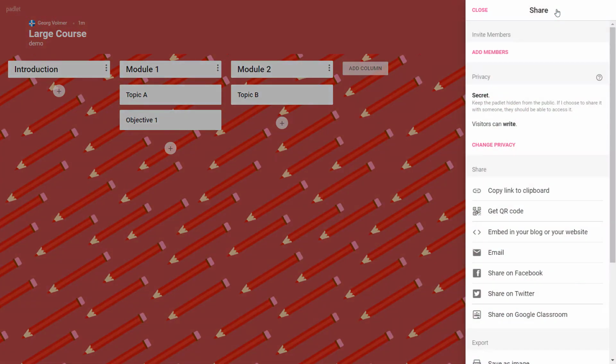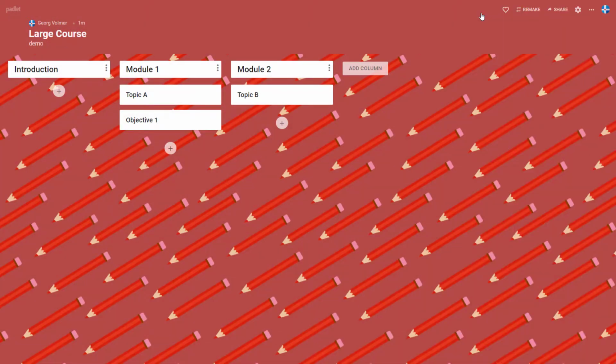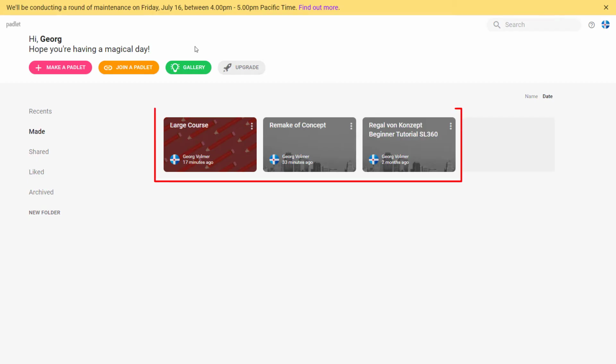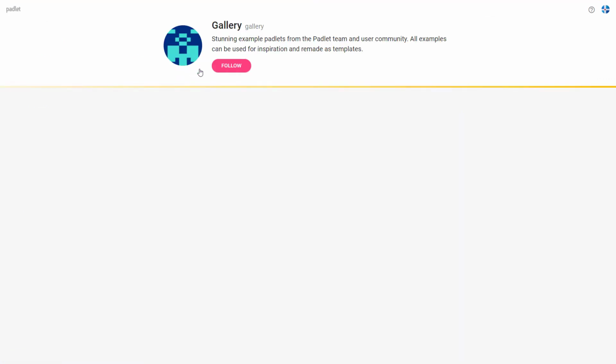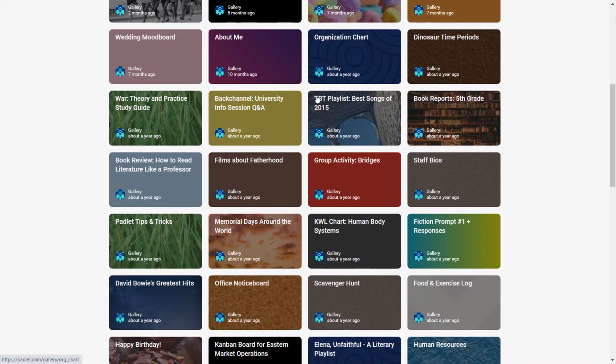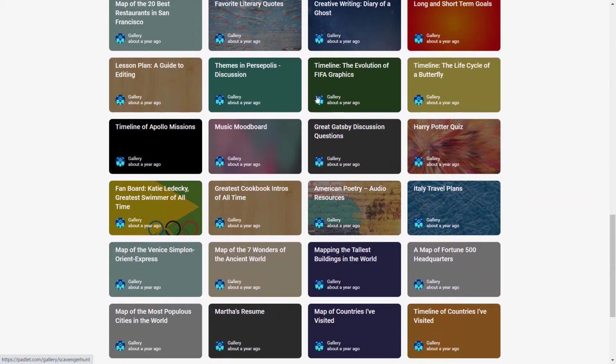Padlet lets you invite collaborators, and after they access your Padlet, you can all start adding content like text, web links, photos and more. In the free version, the number of Padlets you can make is limited to 3. What I like especially about Padlet is the collaborative aspect and the many design options within Padlet.